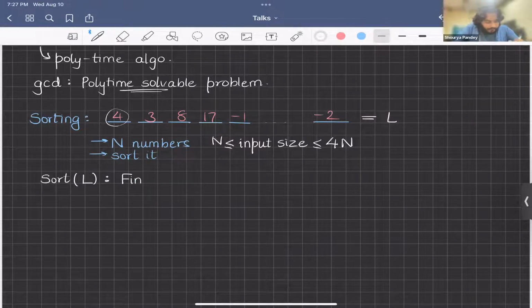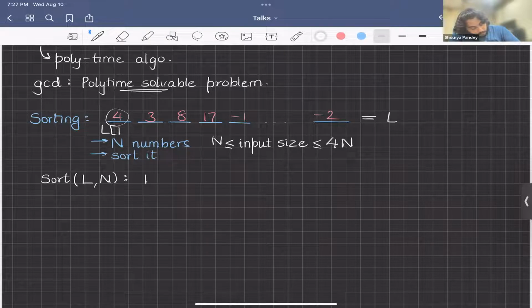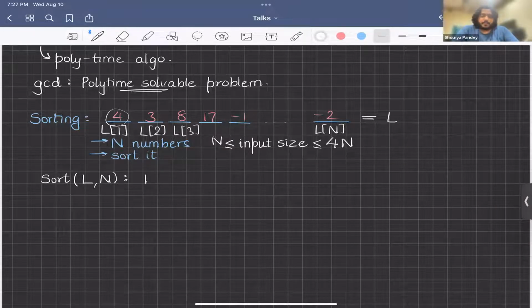So this is sort of the last problem I'll write semi-formally. Let's also assume that n is given to us, which is the size of the list. And so what do I do? By the way, I'll use this to refer to the first element, the second element, third element, etc. This is the last element. So L of i would be the number that's at the ith position. So for j equal to 1 to n,